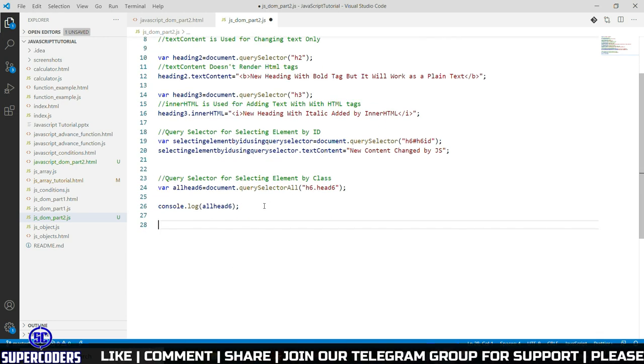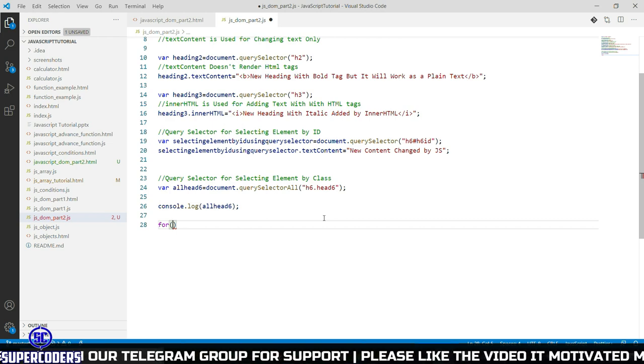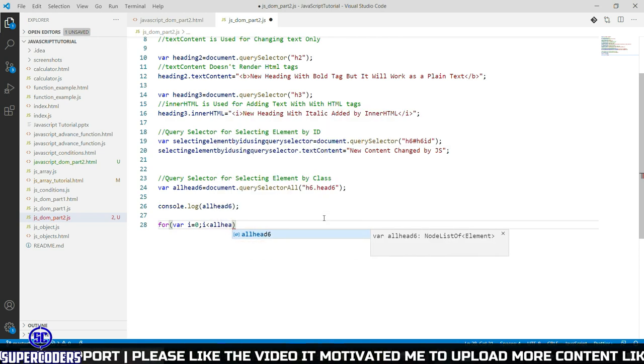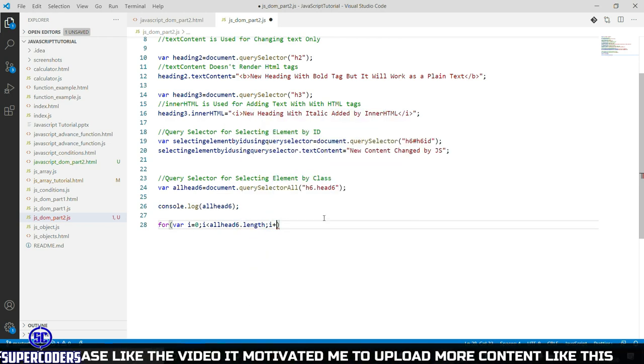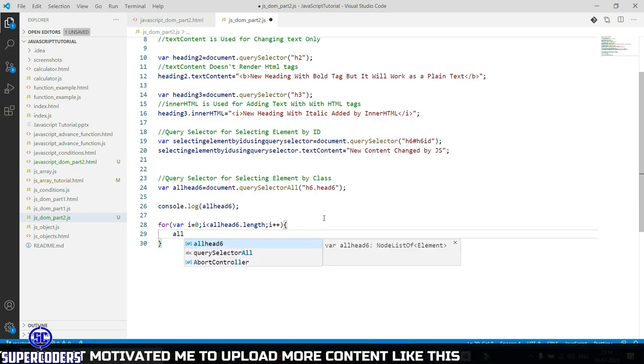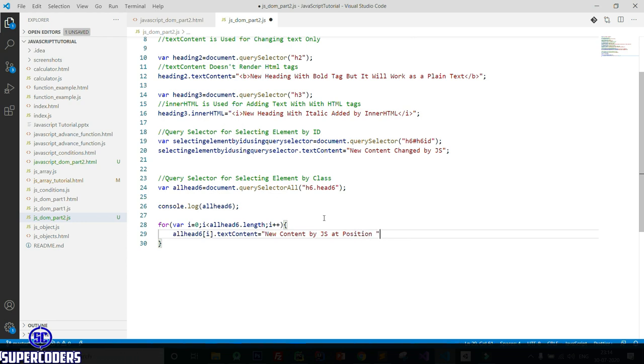Now let's change the value of all of them. So for (let i = 0; i < allHead6.length; i++), then allHead6[i].textContent = new content by JS at position i.